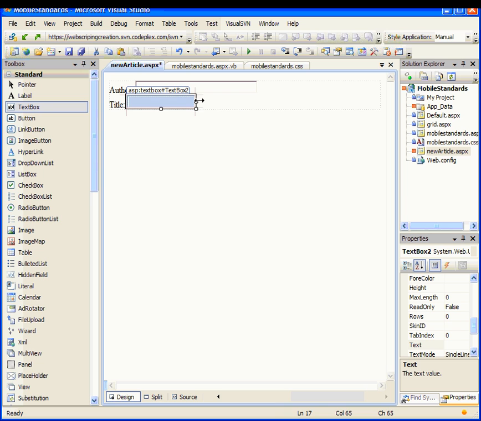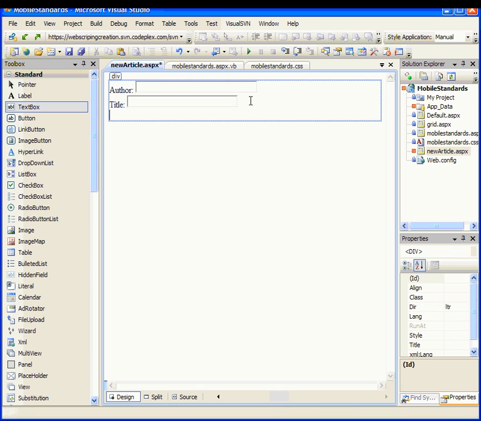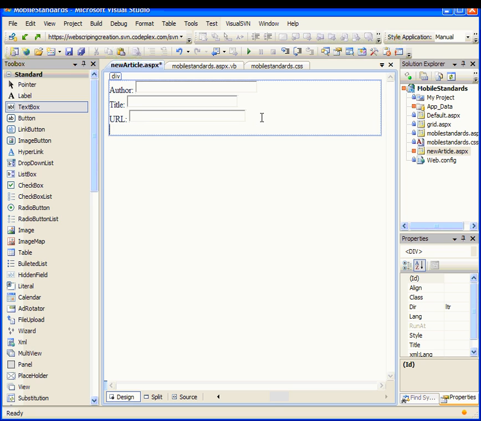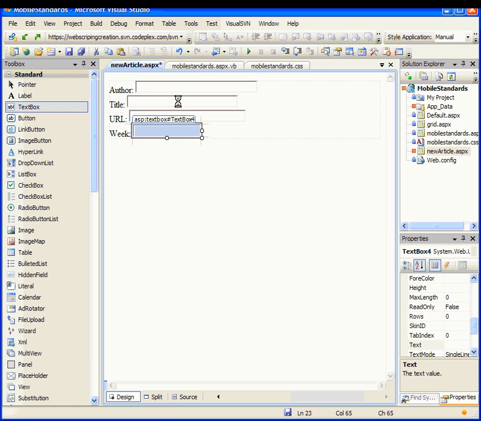Okay, put in a colon and then another text box. Okay, and again we'll just stretch it slightly, and then we'll say, probably at this point it's a good idea to put in maybe the hyperlink or the URL. Let's say URL is more friendly title. To put in the URL, put another text field, and let's stretch that slightly again. Then we say the week. Okay, that's going to be very short indeed, so we'll just drag in a text field, make that quite short,